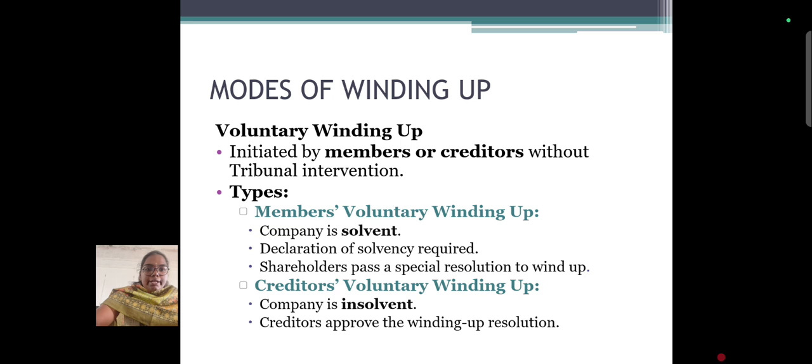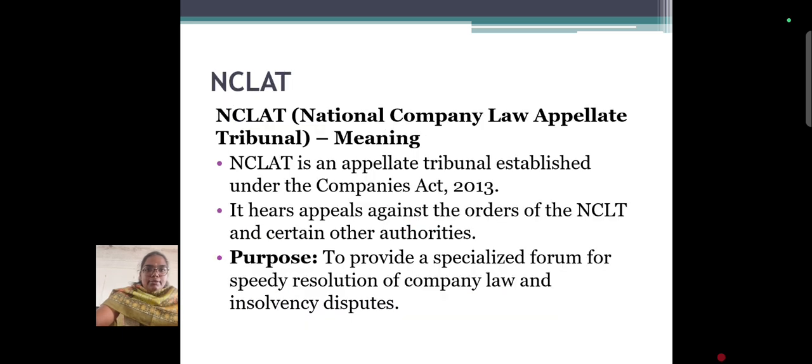Members voluntary winding up is when the company is solvent, declaration of solvency required, shareholders pass a special resolution to wind up. Creditors voluntary winding up is when the company is insolvent, creditors approve the winding up resolution. Next is NCLAT, that is National Company Law Appellate Tribunal. The meaning is the